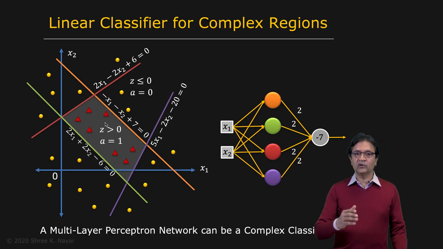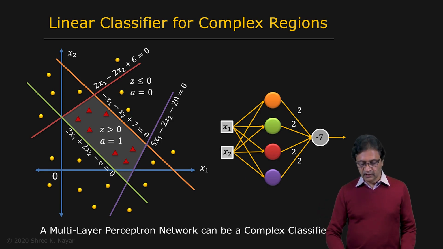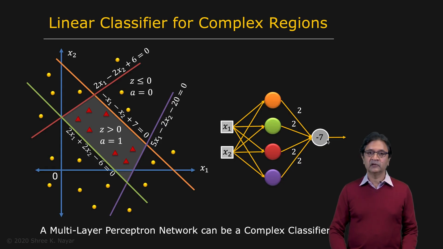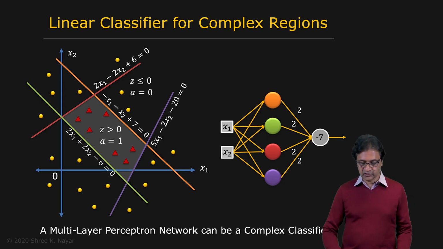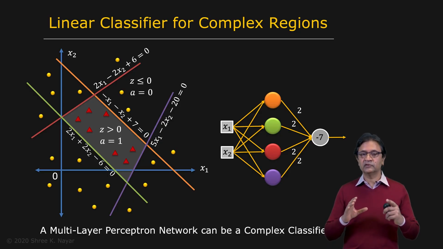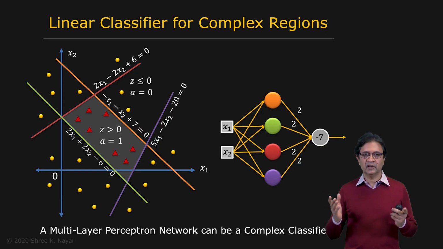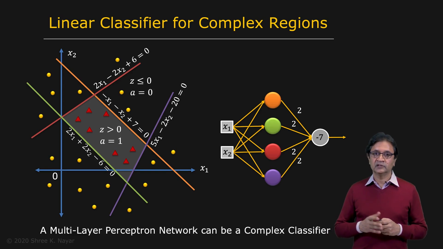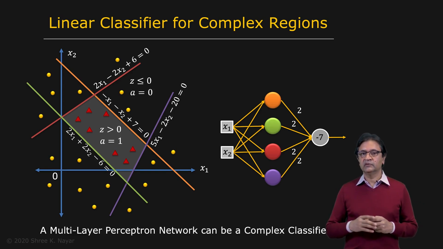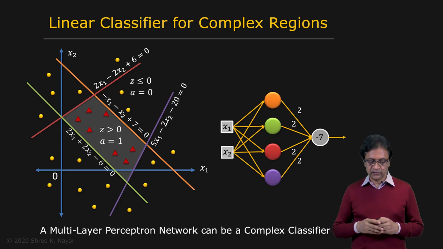So now, if all of the perceptrons produce a 1, you can then create an output perceptron right here, which produces an output of 1 only in the case when all the inputs are 1. And that's using these weights and this bias, for instance. You can use other weights and biases to do the same. So that's how you can create a linear classifier for a more complex region. I'm showing this in two-dimensional space, but this could be in any number of dimensions. That's, in principle, what a perceptron network does for you.